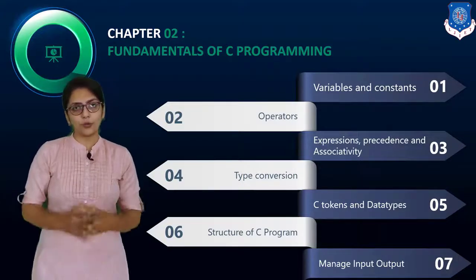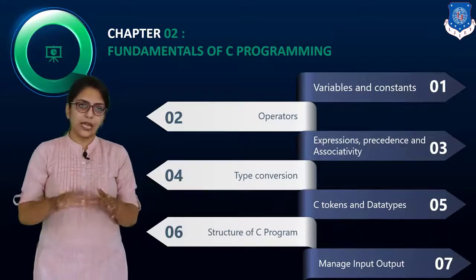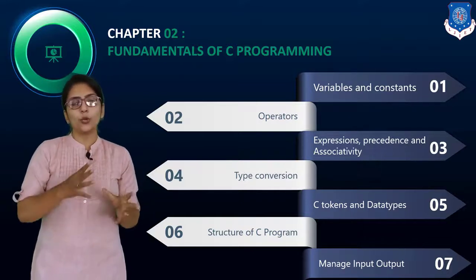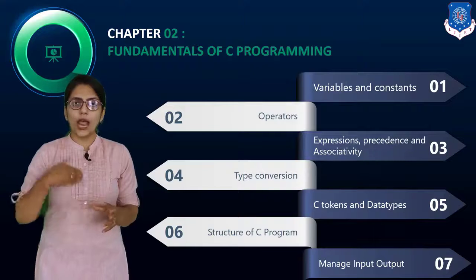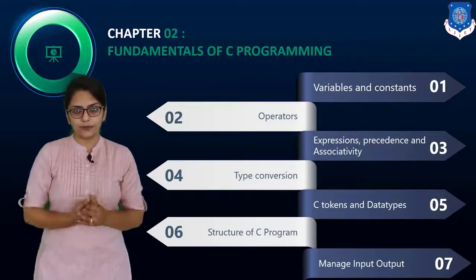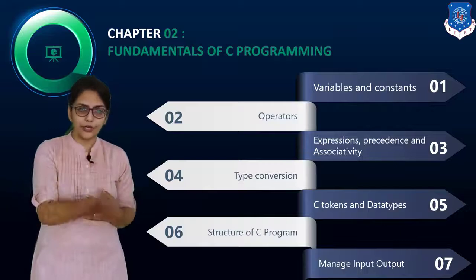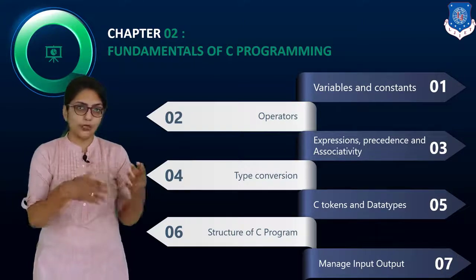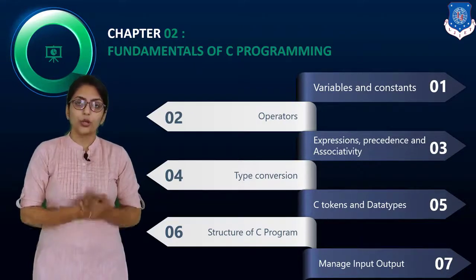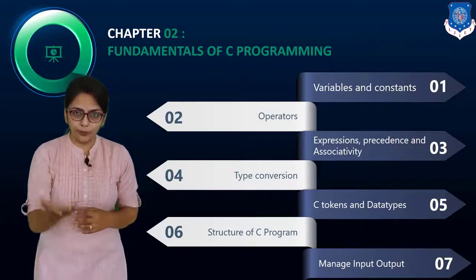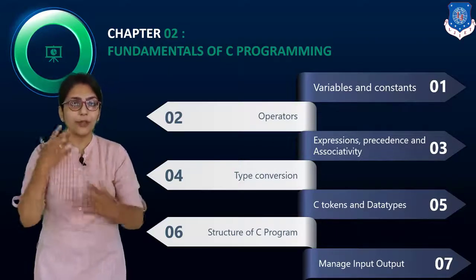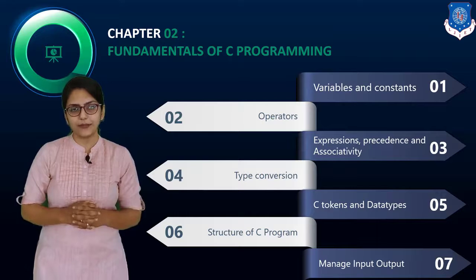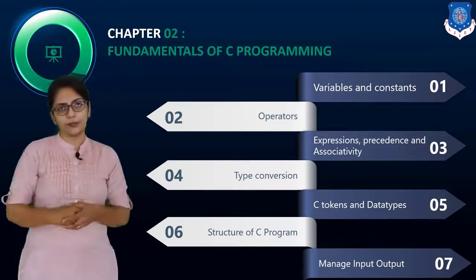Why? Because each of the programming languages consists of it. See, if I just tell you some random example that a layman can also understand for data type, then I can say you can have so many numbers, you can have alphabets, you can have symbols. Numbers can be fractional, or a number can be a whole number. So you may have integer numbers or float numbers. So numbers are also divided into parts. So whenever I am entering data to the computer, I have to tell the computer what kind of data I am entering. That is called data type, and we are going to study that in detail. Don't worry about that. These all things we are going to study in this chapter.